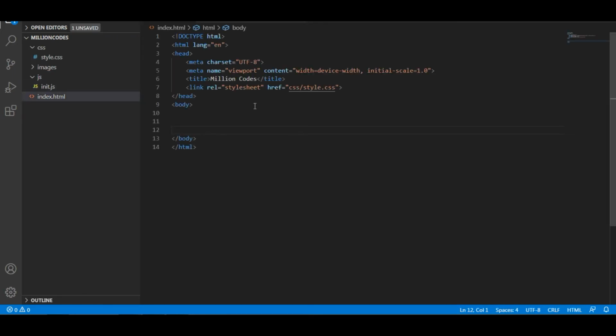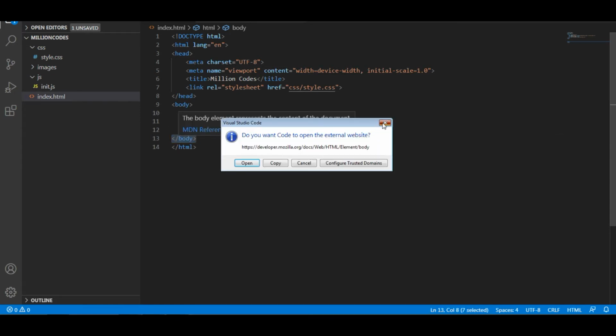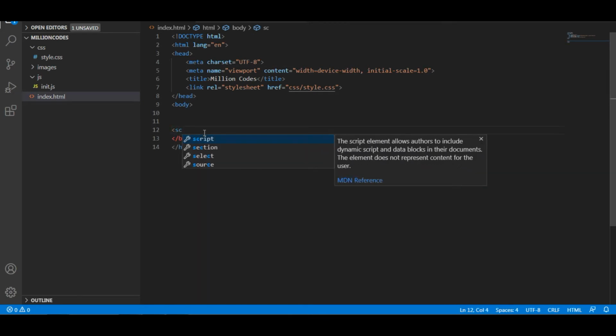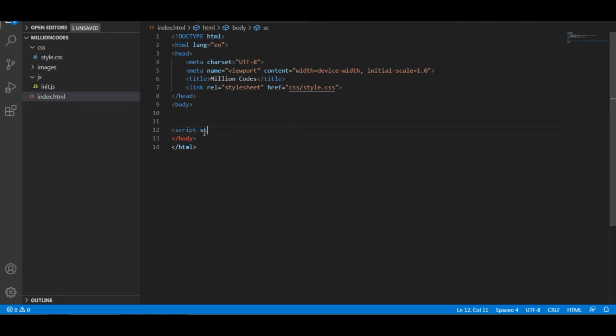For linking the JavaScript, it's recommended to link the JavaScript file above the closing body section. For linking the JavaScript, you can use the script tag with src equal to.